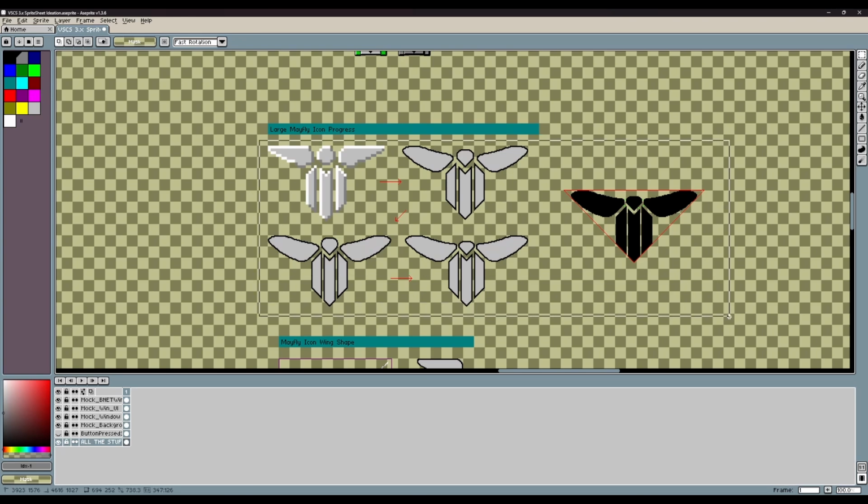This symbol, I won't go into it. I've been working on this for a while, actually. It's one of the first ideas that I had for the game that started to feel like it was tying everything together. There's a lot of thematic stuff worked into this that I hope will come across in the final game. Maybe I'll talk about it a bit in the future. I won't get into it too much now, but please know that everything here is very intentional. But this is meant to be a Mayfly, the bug, the creature.